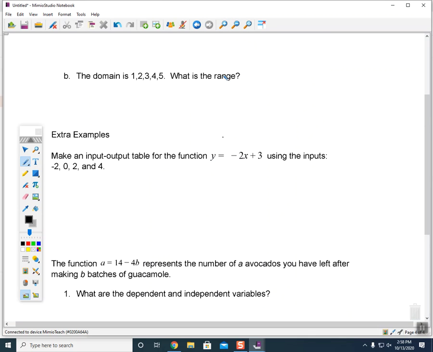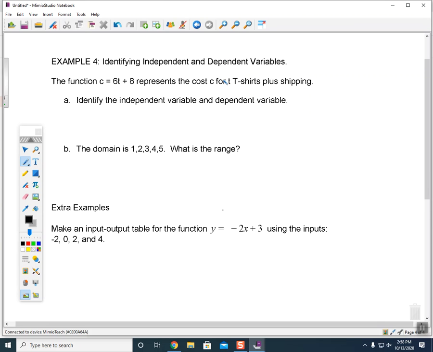Okay, just a couple more things, and then we'll be done with this one. So the function c equals 6t plus 8 represents the cost c for t-shirts plus shipping. So I need to identify the independent variable and the dependent variable first. So my independent variable,